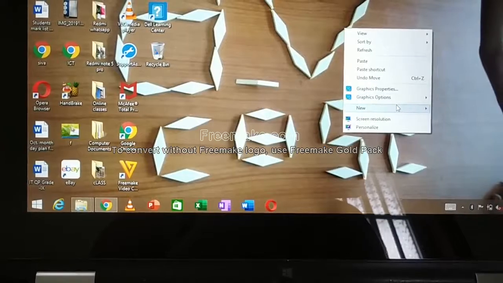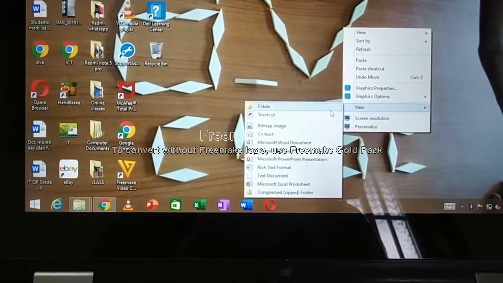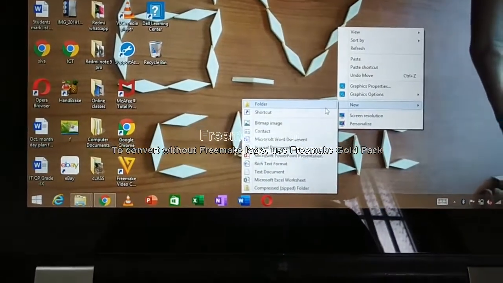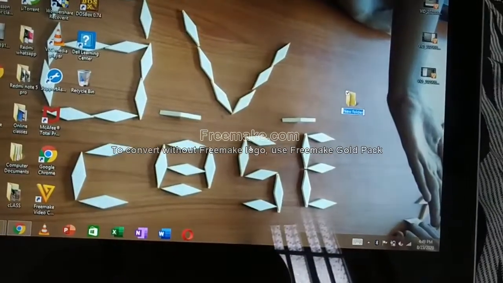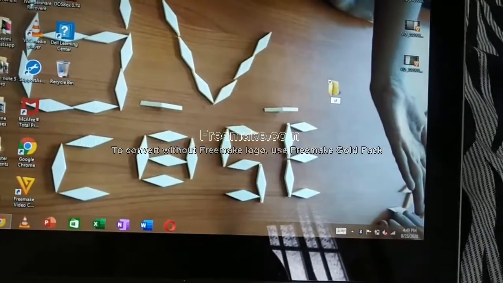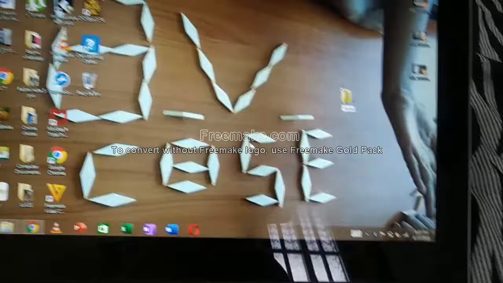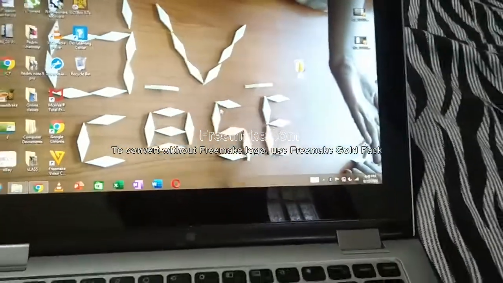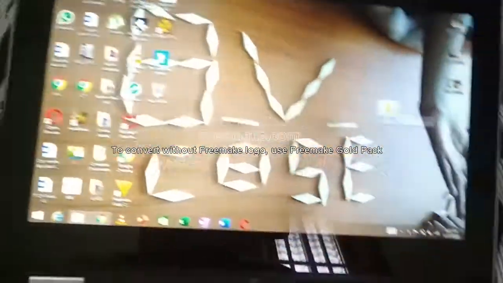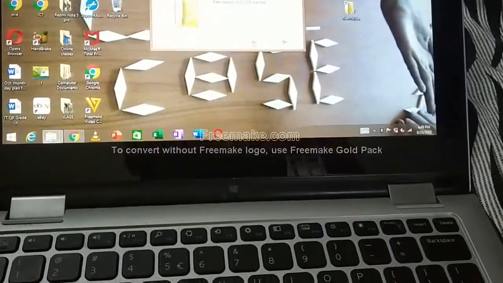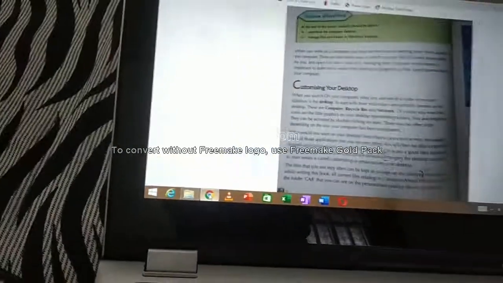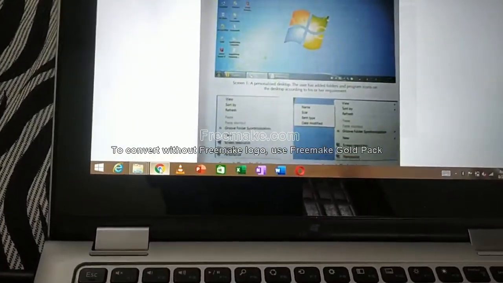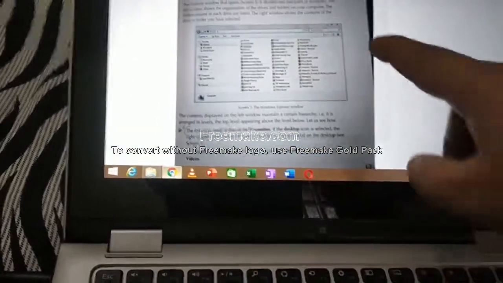In that, select the option New. Then select Folder. So a new folder will be created on the desktop. If you want to change the name of that folder, you can change it according to your wish. This is called customizing or personalizing your own desktop.